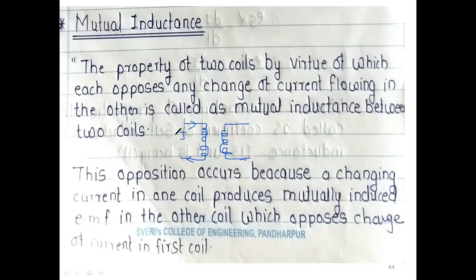Yes, sir. Okay, so mutual inductance means, see, this is one coil and this is the second coil. This is number one and number two is here. See, once I pass current to the first coil, the current will flow here, and a magnetic field will be produced surrounding it like this. Yes or no?